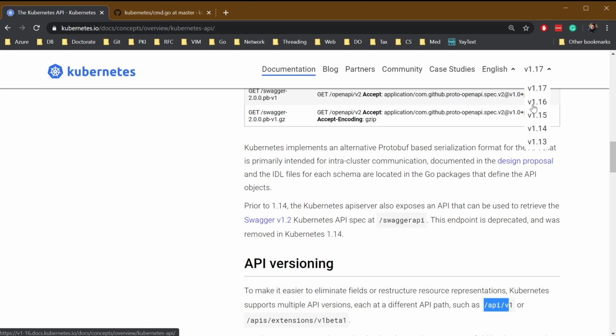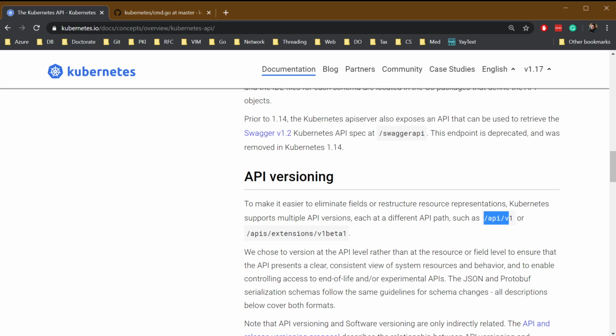So that's the relationship between the API versioning and the Kubernetes versioning. Of course, there are still some extra versions here. Let's say you see v1 beta 1, or v1 beta 2, whatever, as they add more beta versions. That gives them better flexibility and more reliability in terms of